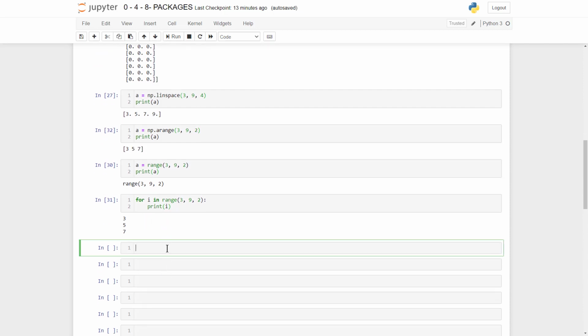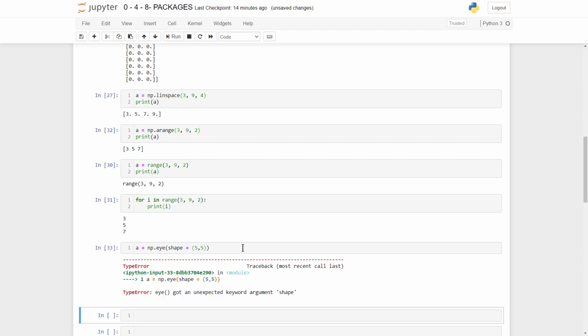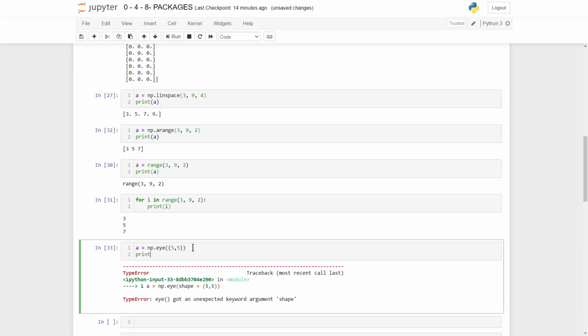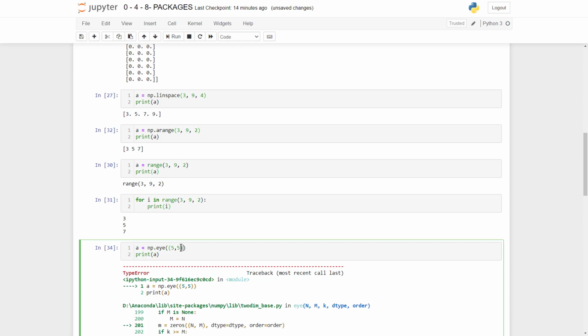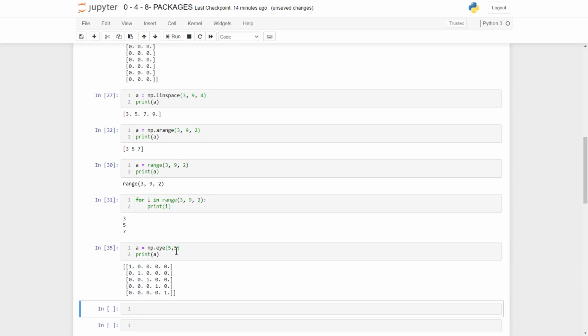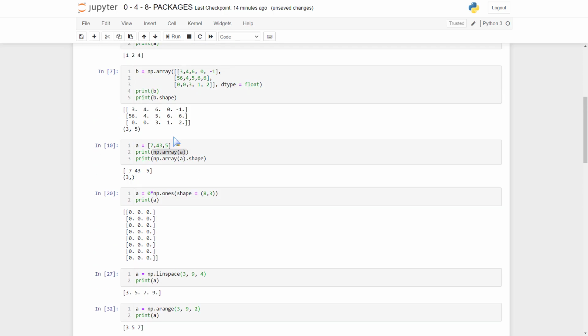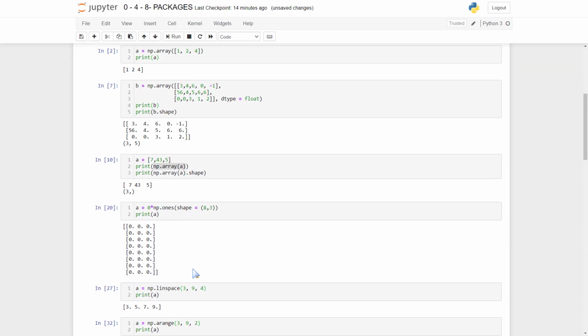We could also create an identity matrix very easily. Suppose we have np.eye, which takes the shape, say 5 by 5. We get an error saying it doesn't take that, so let's pass it this way and print out A. Still this error, so it means we need to pass the shape simply like that. So with eye, instead of having to put the shape as a tuple, we just have to pass it this way, unlike with the zeros,